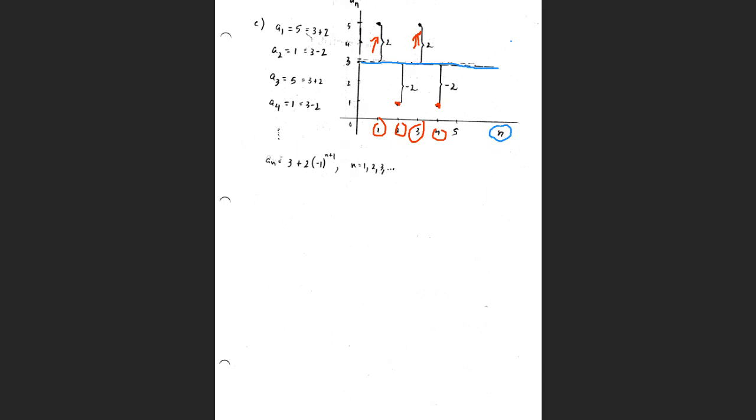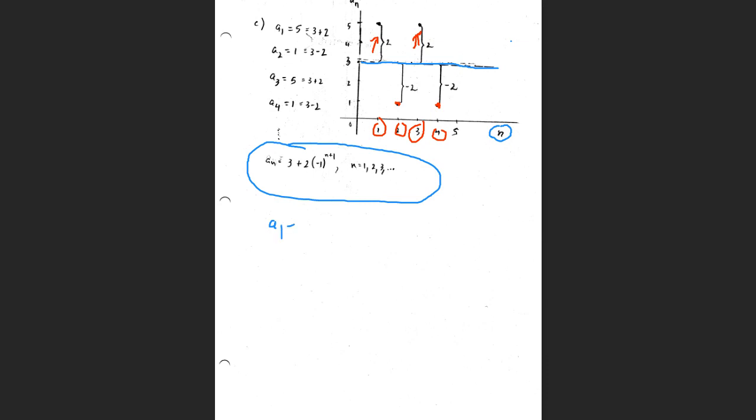Okay, so if you notice, 5 is 3 plus 2. The first term is 3 plus 2. The second term is 3 minus 2. The third term, 5, is 3 plus 2. The fourth term, 1, is 3 minus 2. So basically, this formula here, the nth term being equal to 3 plus 2 times negative 1 to the n plus first power. It has to be n plus first power because